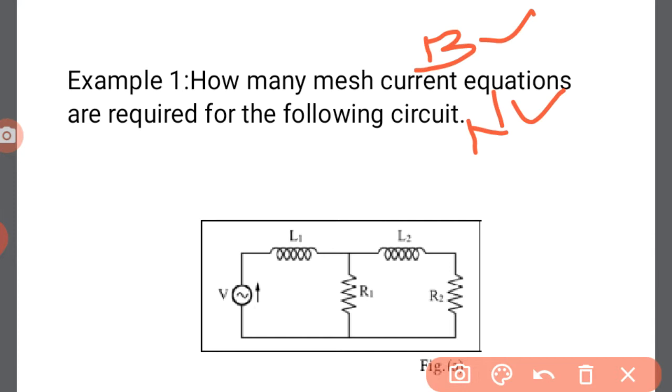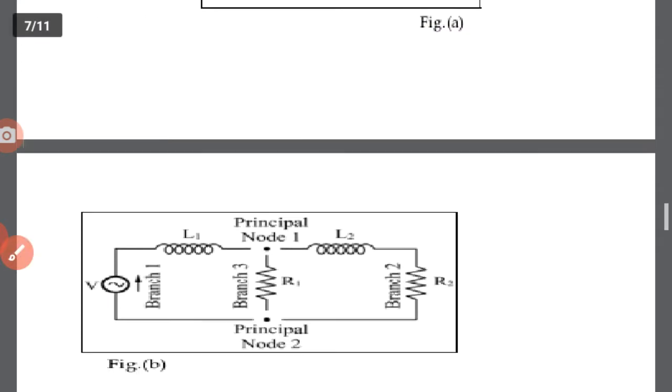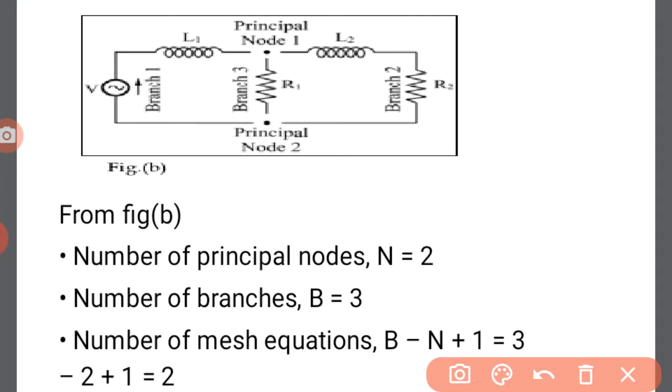for the circuit. So this one is our circuit. The number of nodes: that is node 1 here, that is A. Look at here. First we have to find the number of nodes. The number of principal nodes is the number of nodes. That means here it is equal to 1 node. This one is a series connection. The voltage source and the branch inductor are both connected in series. So that's why this is one branch.